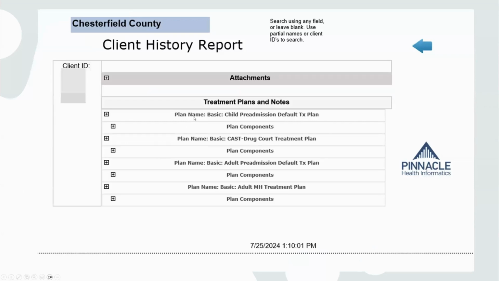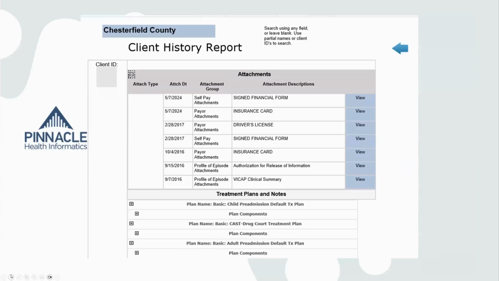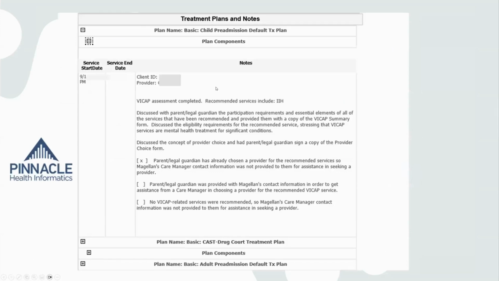And then this is kind of what would come up next. You'd have another version of the attachment report up here at the top. And then we have all the treatment plans and notes. We can look at all their treatment plans that occurred in that date range, all of the names. We can then look at any aspect of that. Again, there's the attachment report. We can look at the plan components. We can see their progress notes all the way back as far as you want to search. Very easy